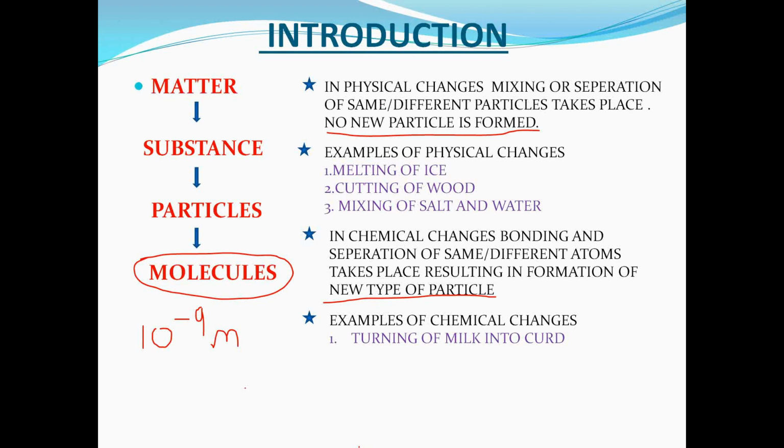Now let us discuss the property of the substance at the start and at the end. At the start, we had milk, which is liquid in state, sweet in taste. At the end, we had curd, which is sour in taste, and it is a gel-like substance. It is not purely liquid. It is semi-solid type. Thus, we can say that a new substance is formed.